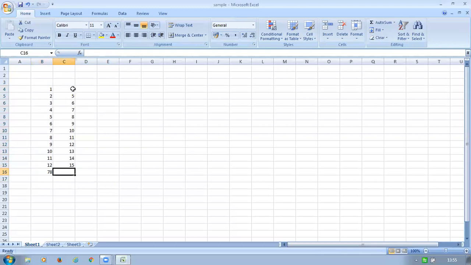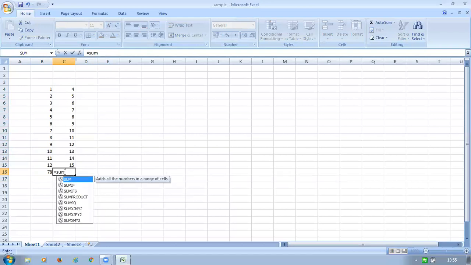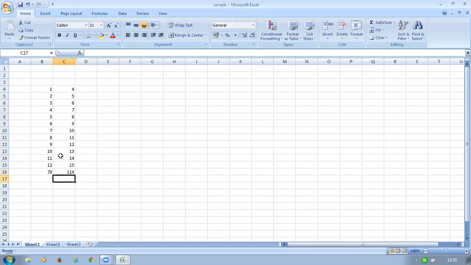I want the sum of these numbers. What are you going to do? Just come here, equal to, type sum. I want sum, right? And open bracket. Next, select all the numbers from top to bottom and just close the bracket and enter. See, this is 114. The sum of all these numbers is 114. The rest of all this you should know: these are text, height of the text, middle, capital letter, everything will be there. That and all not required much.